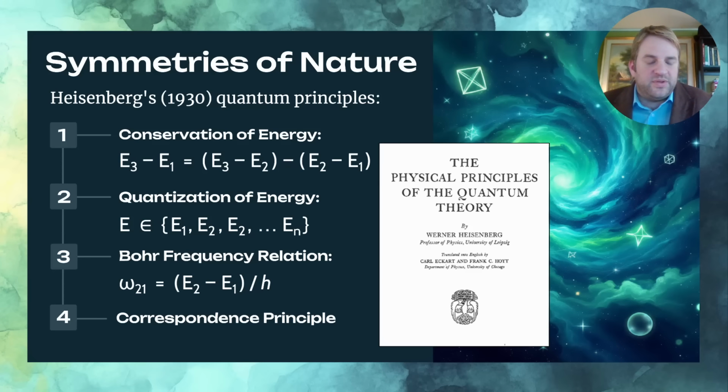Now, second, he proposed as a basic principle the quantization of energy. If we want quantum theory, things must be quantized, which simply means that things like energy or angular momentum come in discrete little packets that we can label 1, 2, 3, 4 up to infinity, the same way we might get single serving packets at the grocery store or on an airplane. But the thing about these single serving packets is that they can't fundamentally be divided into smaller packets. These are the fundamental quanta of nature itself.